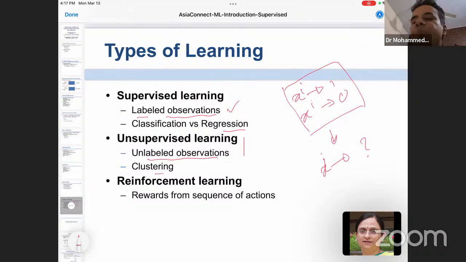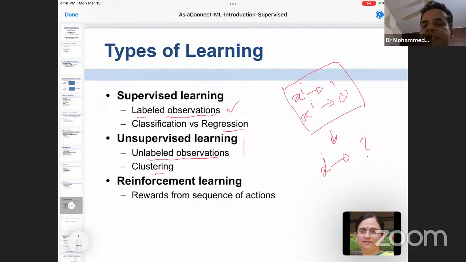Clustering means just grouping news items based on category, like sports, politics, or entertainment. So you can categorize based on the content. So there are no labeled observations there. So you can just download news without any label. Then you can do the clustering. This is called unsupervised learning.